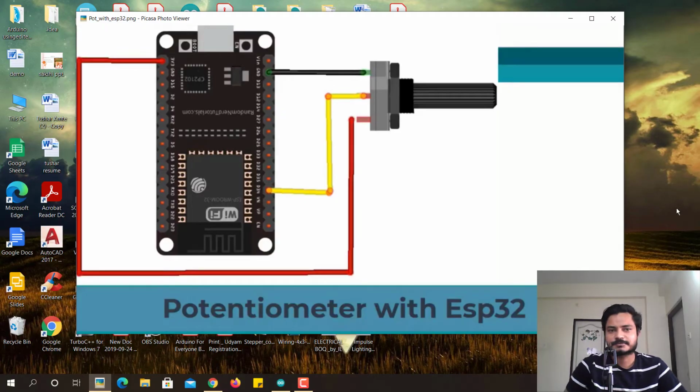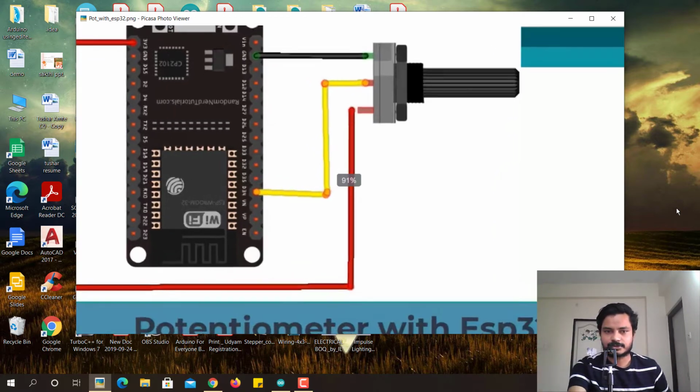Hi everyone, welcome back. So let me quickly explain you the circuit diagram of this project. So here you will see that I have connected the potentiometer. I have not connected any sensor, but I am just here demonstrating you how you can read the analog data or analog sensor value and send it to the cloud and monitor that sensor value over the cloud or over the IoT platform. Now for the demonstration purpose I have used here potentiometer. So instead of potentiometer you can use any analog sensor. Here you can use moisture sensor, ultrasonic sensor, light sensor, temperature sensor. Any analog sensors you can directly use instead of the potentiometer.